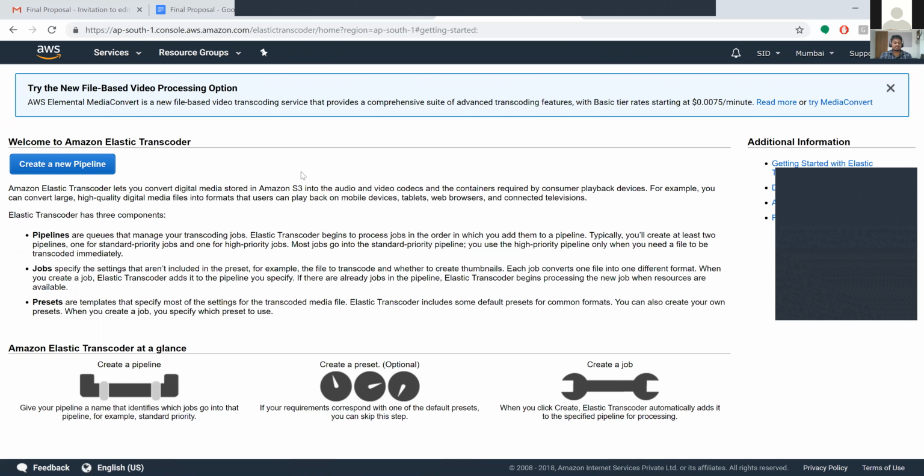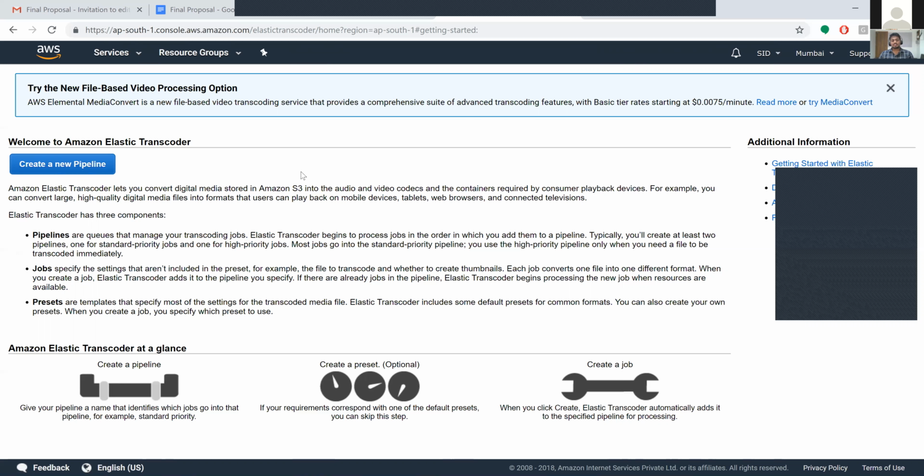So what he is telling us is that with a job, you can specify the settings that aren't included before. If a file has to be transcoded, and if you upload a video, there has to be a thumbnail for the video, right? For such things. Each job converts one file into different formats to support various devices.